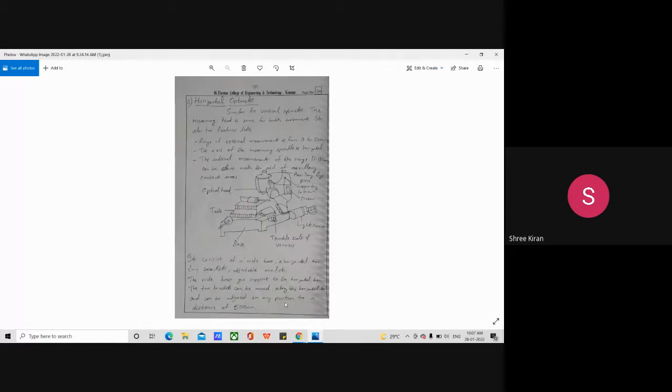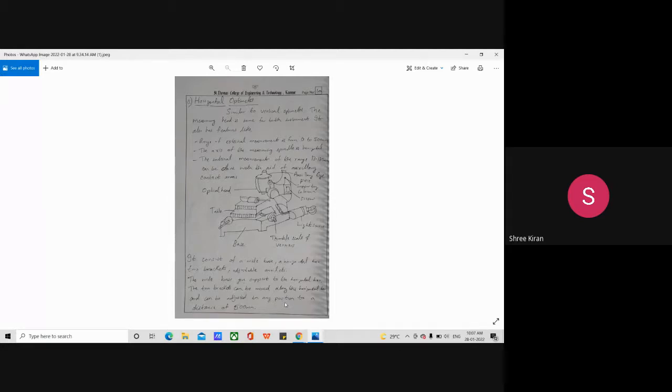Today we will be discussing mainly optical measuring instruments, of which we have three types. We have one more type, the most familiar one, and that's why I've kept it last: the toolmaker's microscope. The first one was named the vertical optimeter, and the second one is named the horizontal optimeter.